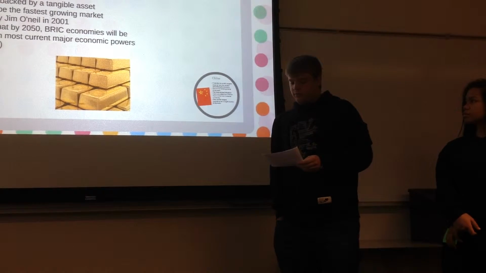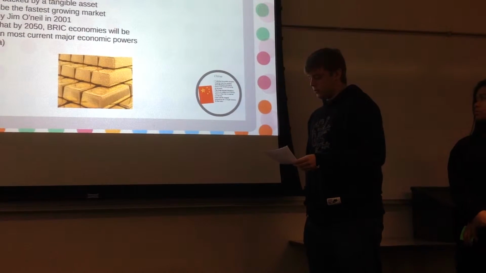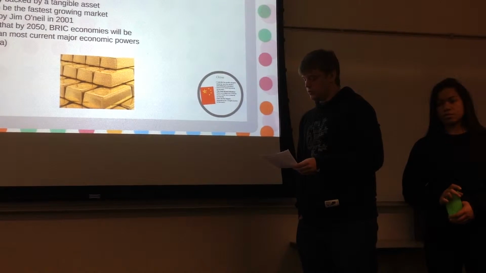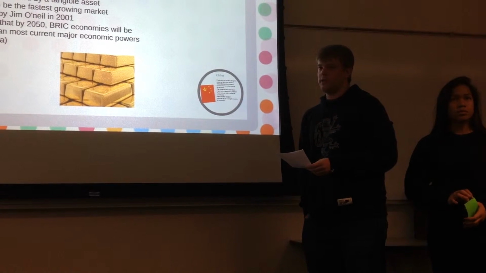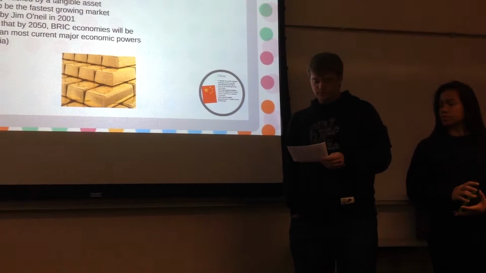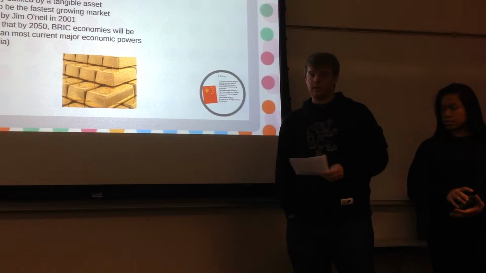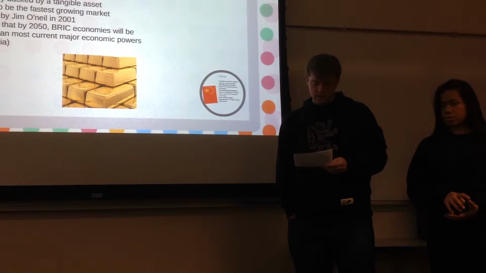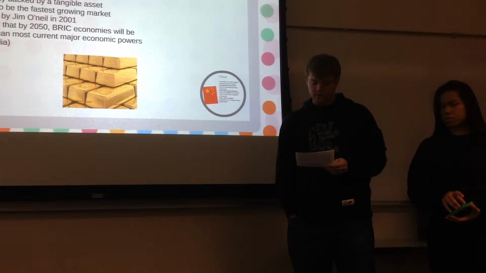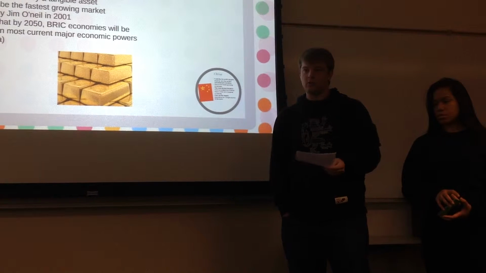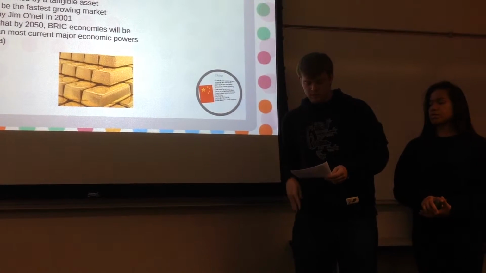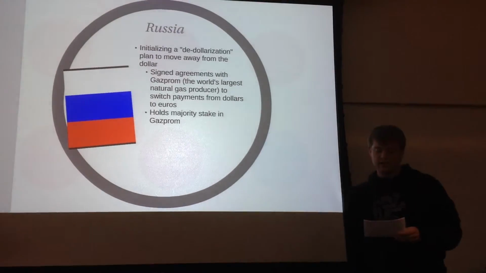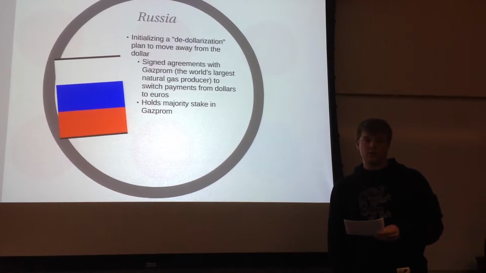The total annual output for the BRIC nations last year totaled $29.6 trillion, and we're just behind the U.S. and European Union, which were at $34.2 trillion. Russia and China are both using their new economic power to buy gas with their own currency instead of using the U.S. dollar. Currency swaps between China and Russia are underway for an initial $25 billion to allow direct transactions of this oil. Now, specifically about Russia, they have initialized a de-dollarization plan to move away from the American dollar.